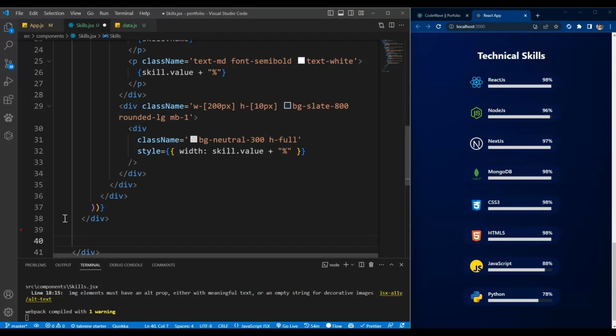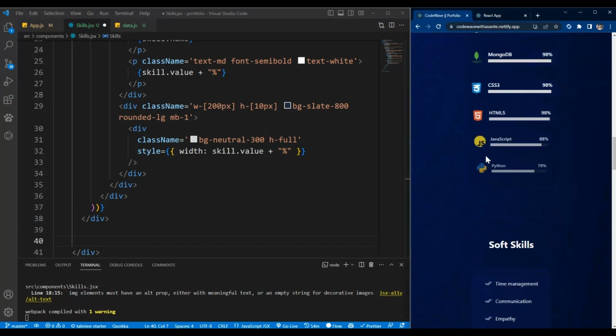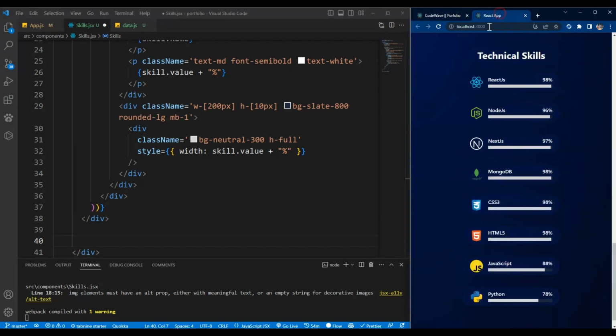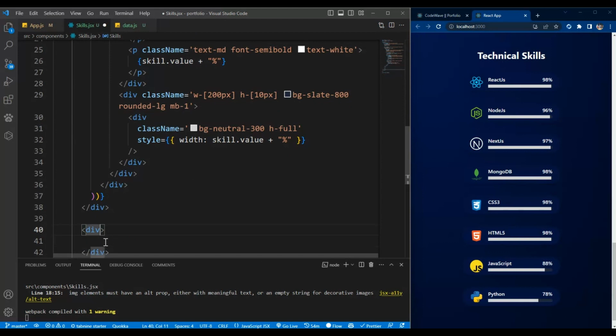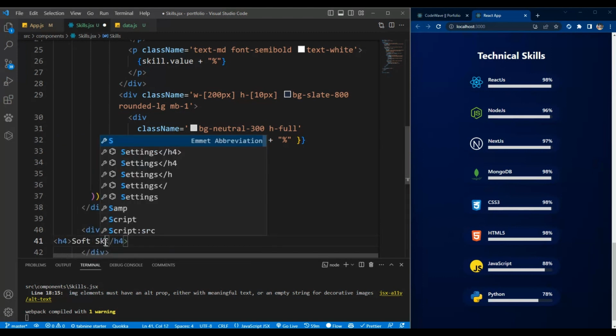So under this, we're going to render this soft skills. Soft skills are important. Aside from the technical skills you have, the non-technical skills are also important. Okay, so we have this div and give margin top of 10 rem. Inside we'll give an h4 as soft skills